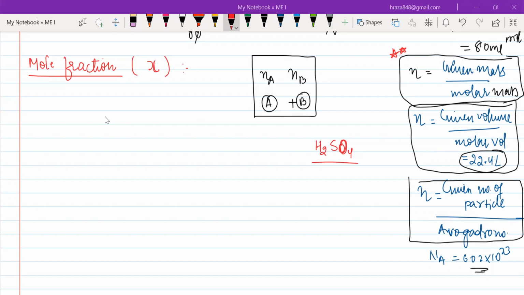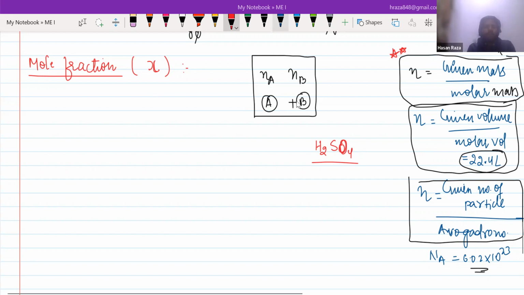Sir, 98. Very good. That means you know how to calculate. Okay. Moving to this part, mole fraction. So in this container, you have two quantities, A and B. So in order to calculate mole fraction